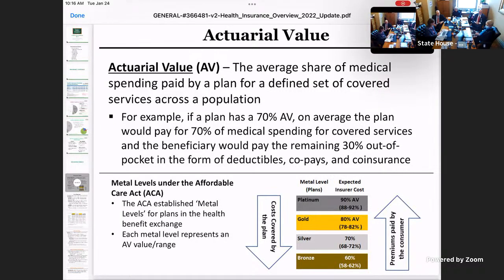No. Okay. In a bronze plan, I'm assuming that means you're going to have a really high deductible, is that correct? Yeah, it might be high deductible, it might be higher cost sharing, it's usually all of the above. That's why we say out-of-pocket exposure. When actuaries come up with their plan, they might have three silver plans, and you'll see they have different deductibles, but they offset it with different cost sharing. So it's just a formula that we use. But ultimately it's about overall out-of-pocket risk for the beneficiary. Got it.